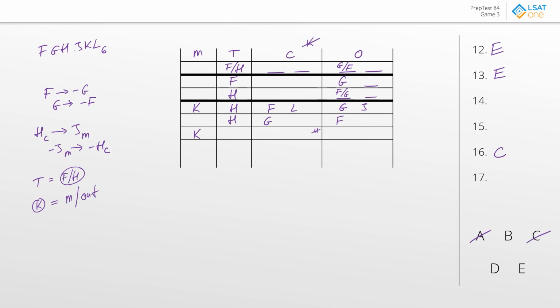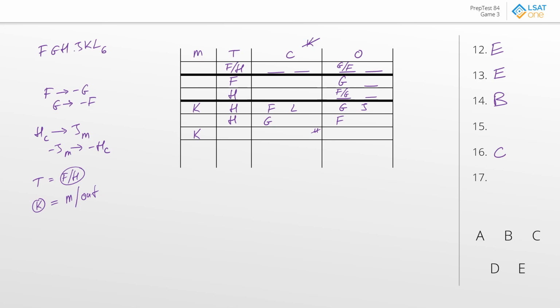Next, answer choice D, H and J. Could H and J both be councillors? Well, no, because in the one scenario here, perhaps, where H and J might both go into the councillor position, the thing is, if H was a councillor, then J would have to go to the mayor, which means that wouldn't work. So D gets disqualified. Next, K and L. Could K and L both be councillors? Well, no, we know that K can never be a councillor, so that gets disqualified. Best answer to number 14 is B.